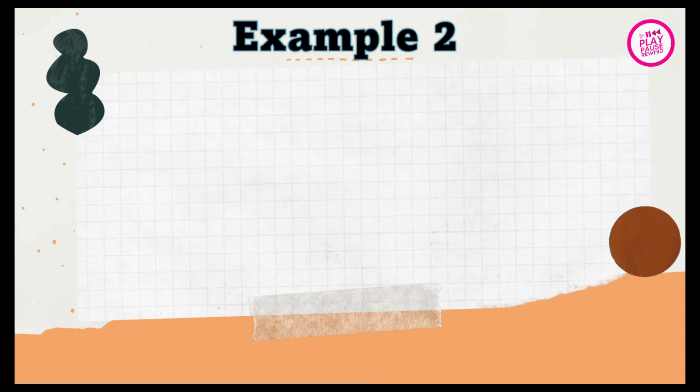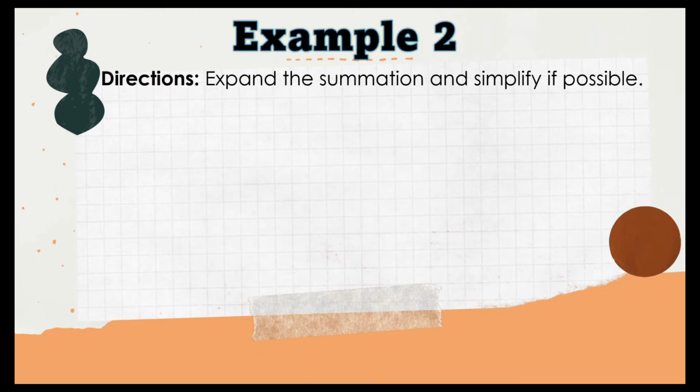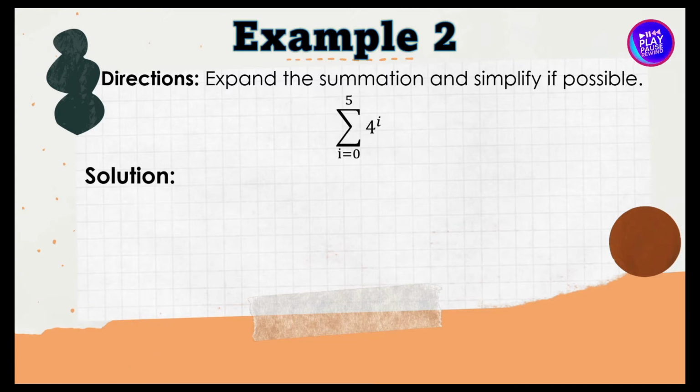Example number 2. Directions: expand each summation and simplify if possible. The summation of 4 raised to i from i equals 0 to 5. To solve, we substitute the range of values from i equals 0 to 5. That is 4 raised to 0 plus 4 raised to 1 plus 4 raised to 2 plus 4 raised